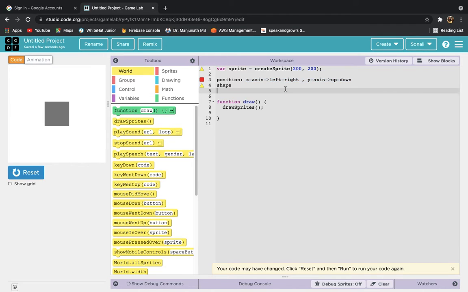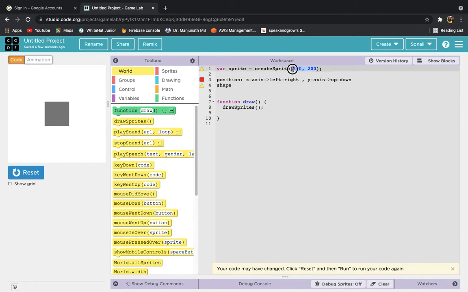To remember which one is the x axis, you have left and right hands, correct? So hands are the x axis. Whenever you get confused whether it's x or y, you just say that left and right means x axis. And shape we will come to after this.